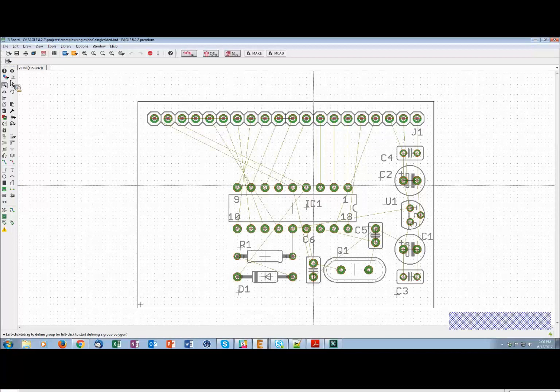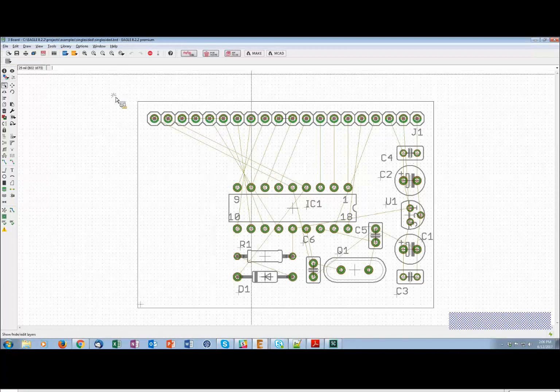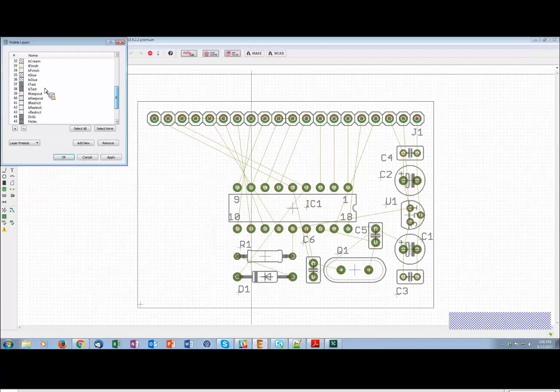So let me go ahead and turn on the T-restrict layer. Here we are. You'll notice that in Eagle we have three different restrict layers: T for top, B for bottom, and V for via. These are the three layers used to control the areas that the Autorouter can work in. So go ahead and say OK, and now you can see that all of this is covered in